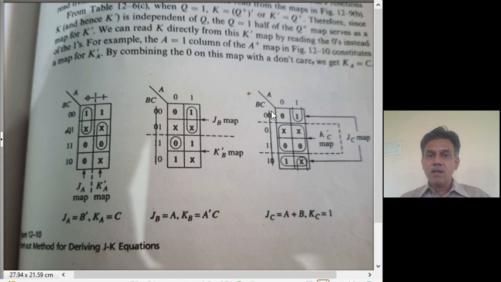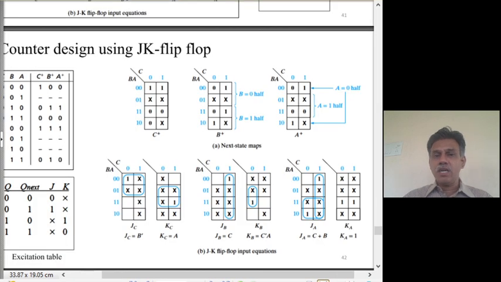Again, strike off C before reading anything. So look at the J_C map, this is the top row; top and bottom row alone you have to imagine. The middle one you have to neglect. So you cover all these things. There are two terms, which is A plus B. Whereas if you look at this one, it is K_C dash. So you cover everything because you are covering zeros here. So it is 1. This is how you can arrive at the expressions for the J's and K's for A, B, C.